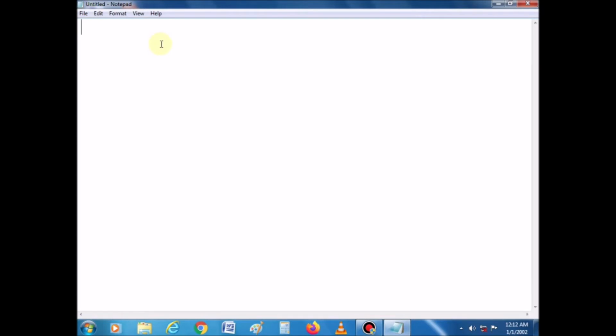And the cursor blinking on the top left side of the screen, you can see, represents that the text that you will type will be inserted here. For example, I am typing a few lines about Notepad. Like, Notepad is a basic text editor